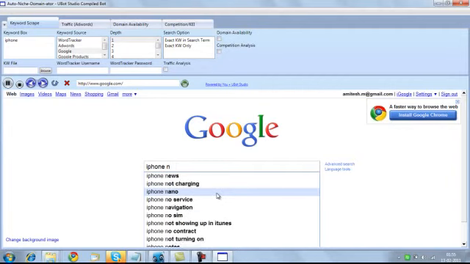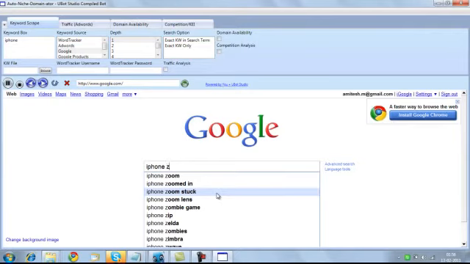Maybe I'll explain the rest of the modules till it does its job. The next module here is the traffic AdWords. In this module, it will go to the Google AdWords tool, type all your keywords there, 50 at a time, and find you the traffic values, the CPC value, the global search volumes, as well as local search volumes for all those keywords. The third module here is the domain availability. For all those keywords that fit your criteria, it will go to namesearch.com and find you the domains that are available.